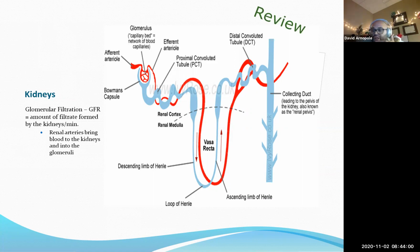This is showing you a general idea of the nephron. This is what I'm talking about. If we remember from anatomy and physiology, we have the afferent arteriole. We have the blood coming in here to that Bowman's capsule where filtration begins to occur. And this is literally just a filter. Only certain things should be able to fit through this filter. It's only so big. So if you have damage to this filter, what's in that Bowman's capsule, what happens is